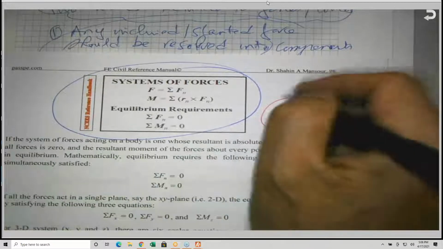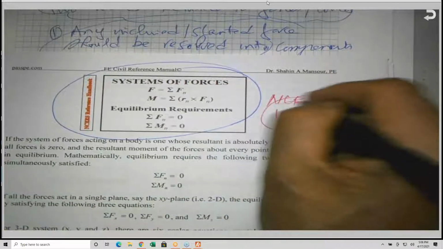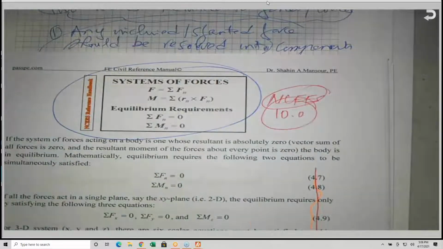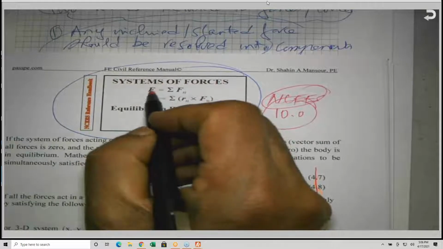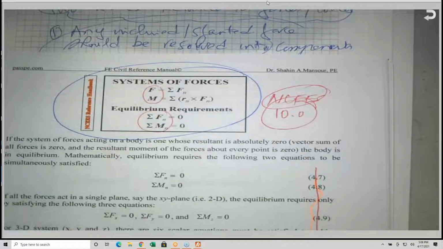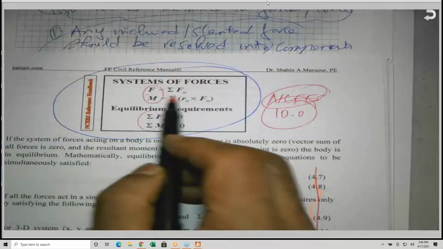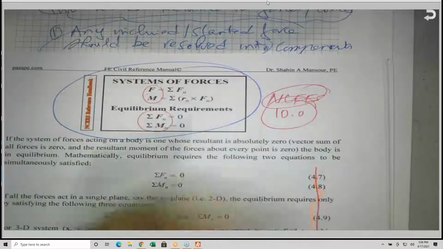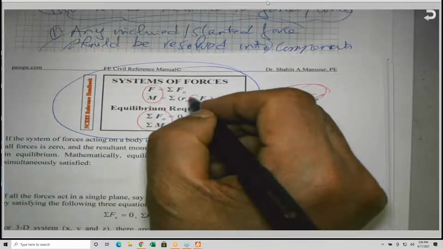The NCEES reference book, the one I showed you a couple of times, NCEES reference book 10.0. Here, you'll find that the boldface means we're talking about 3D. The force is equal to the sum of all the forces, and the moment is the sum of all the moments, and this is a cross product